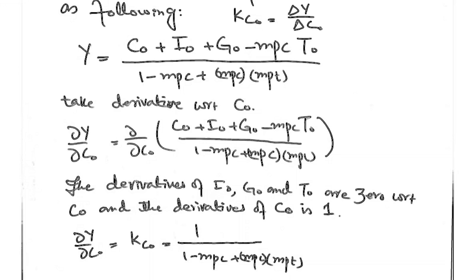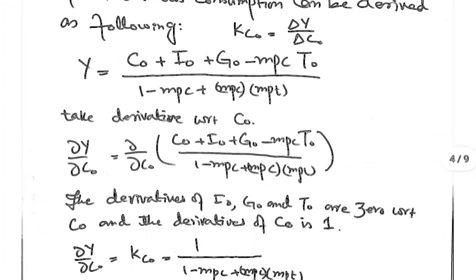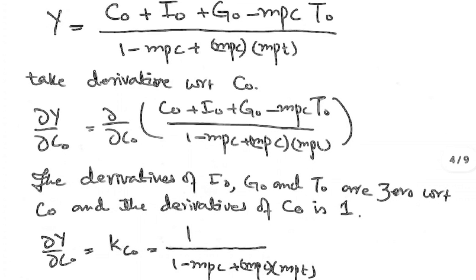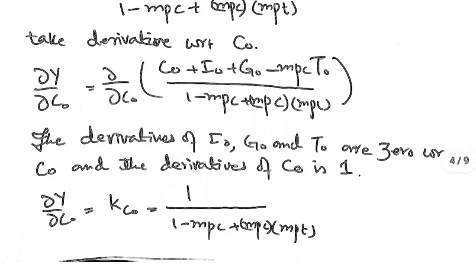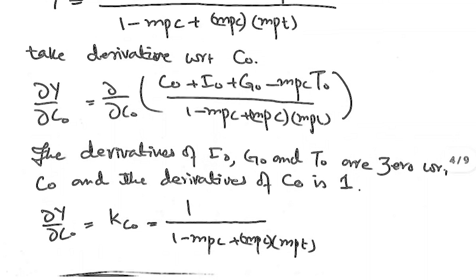So by taking the derivative of national income equilibrium, we have derived the consumption multiplier, and the consumption multiplier, curly Y divided by curly C naught, is equal to Kc naught, that is equal to 1 divided by 1 minus MPC plus MPC into MPT. Similarly, in the same fashion, we can calculate the multiplier for the investment and the government expenditure multiplier, and